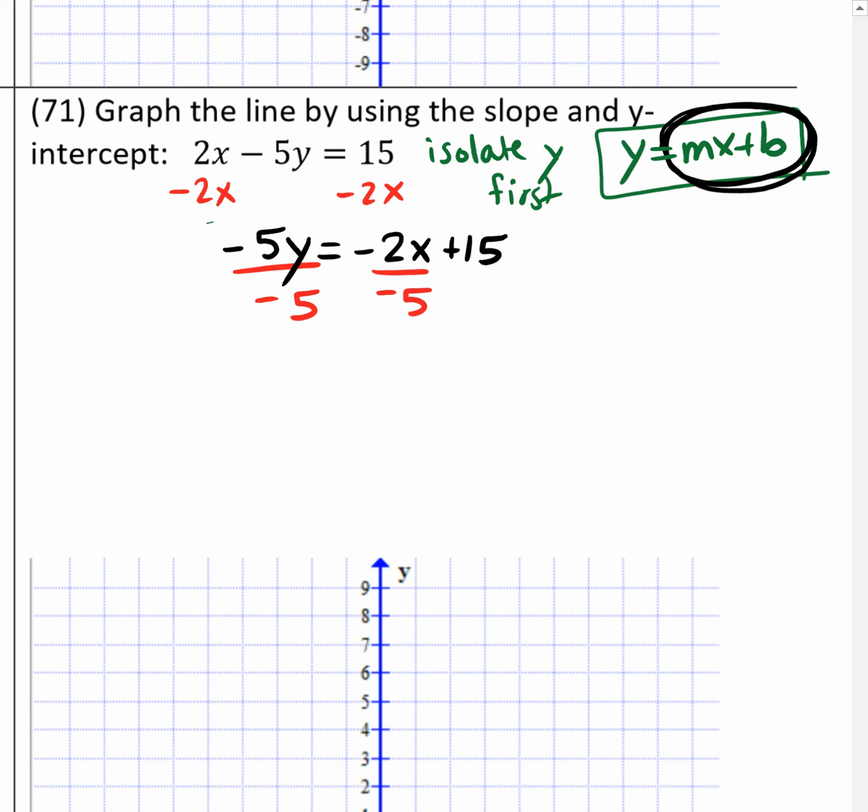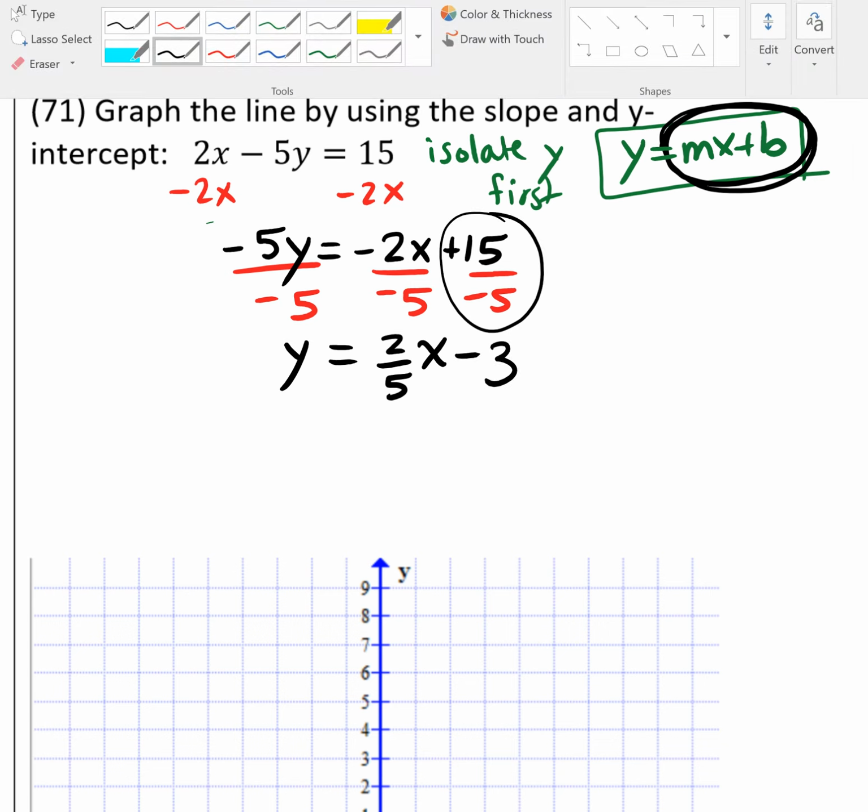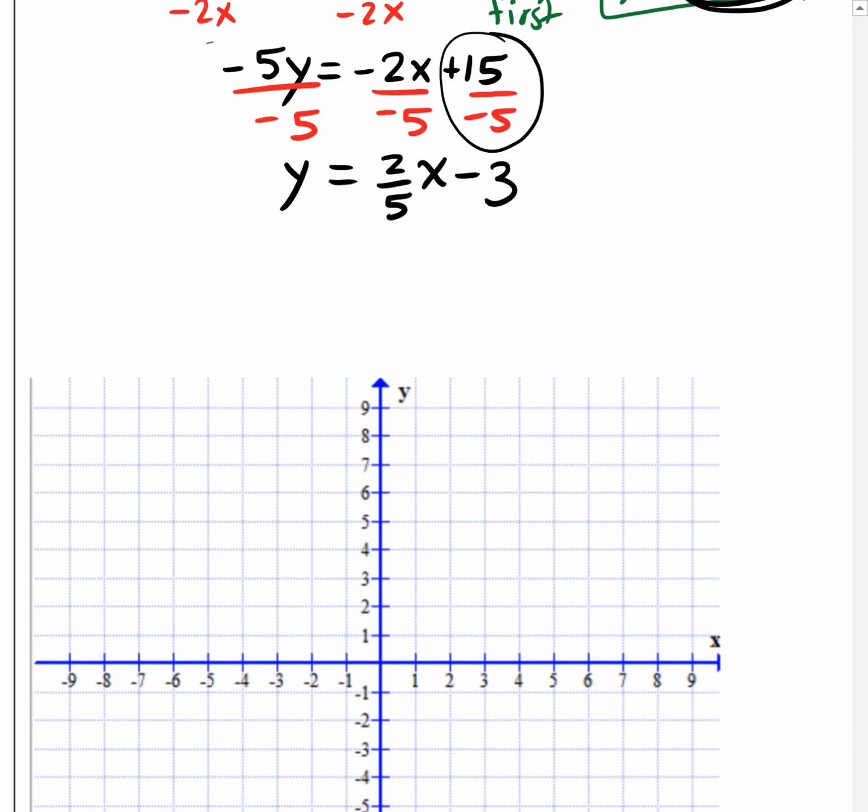And the last step to get y by itself would be divide by negative 5. Instead of dividing the entire right side by negative 5, I'm going to divide individual terms because it'll be easier to simplify that way. The left side will just become y. The right side you have negative 2 over negative 5, that's positive 2 over 5x. And then positive 15 over negative 5 becomes negative 3. There we are. Now it's finally in that form, y equals mx plus